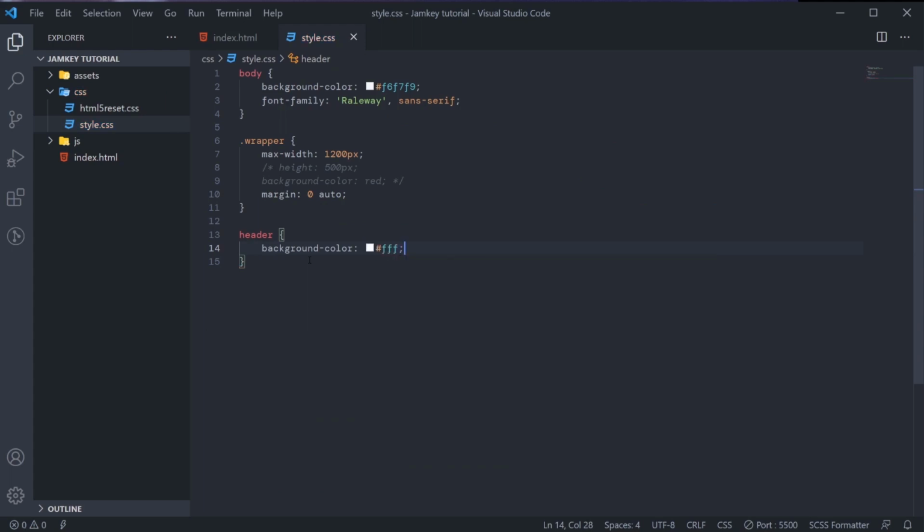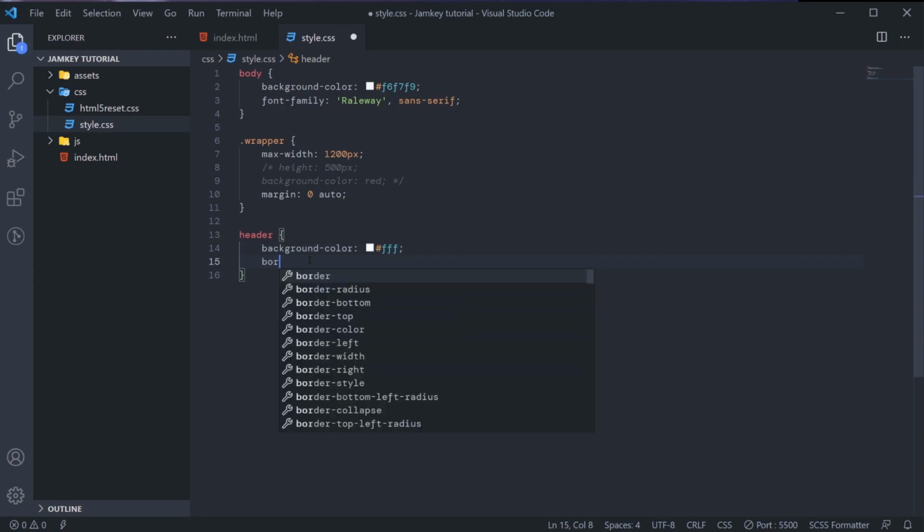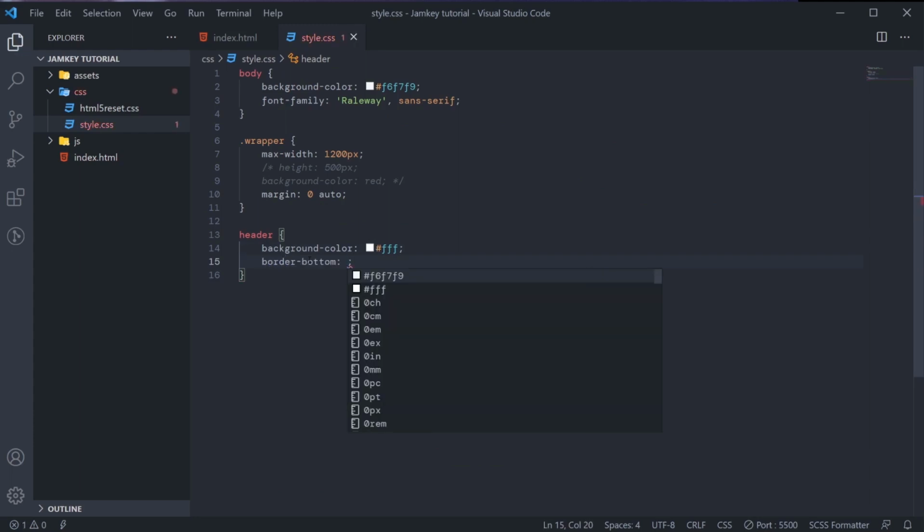That is pure white. Then we'll set the border bottom to 1 pixel solid EB, simply off-white. So if I go back to my browser now, you can see this small line, but we'll tidy it up.